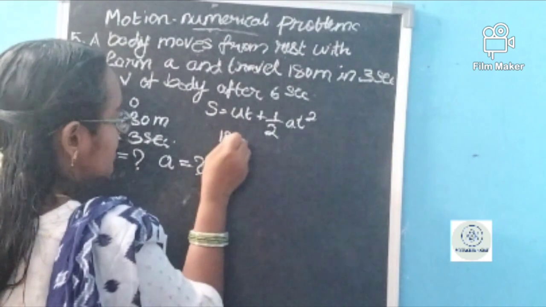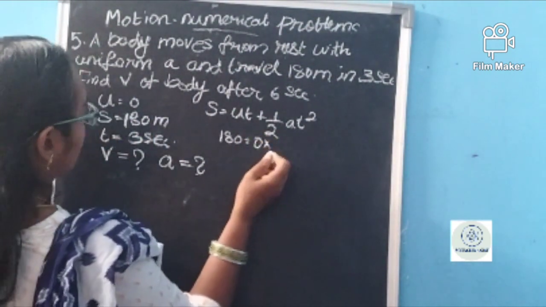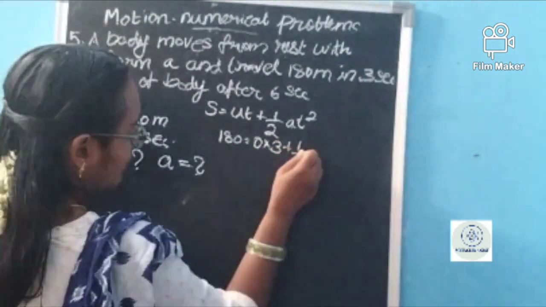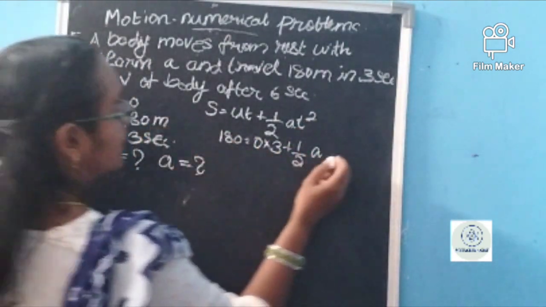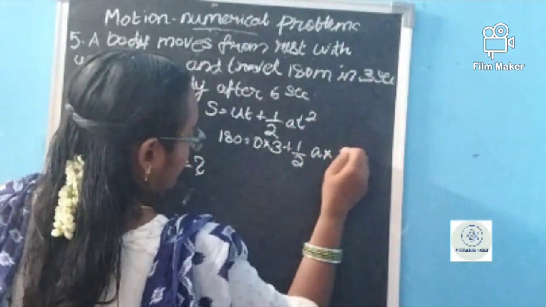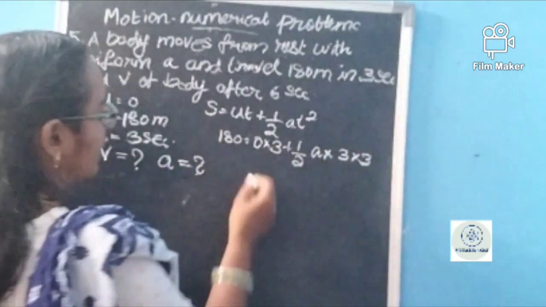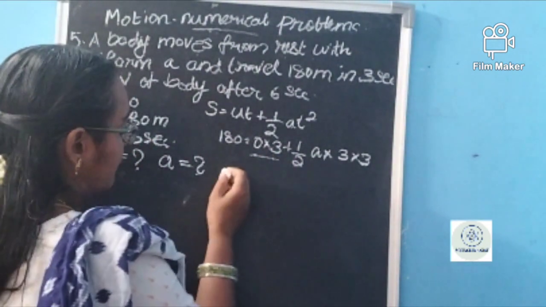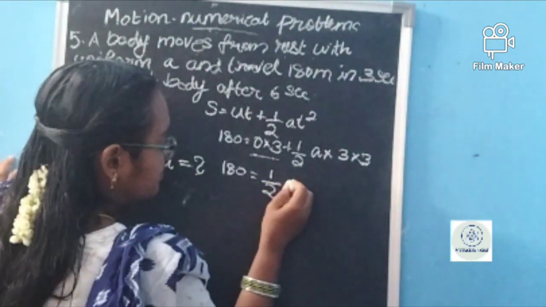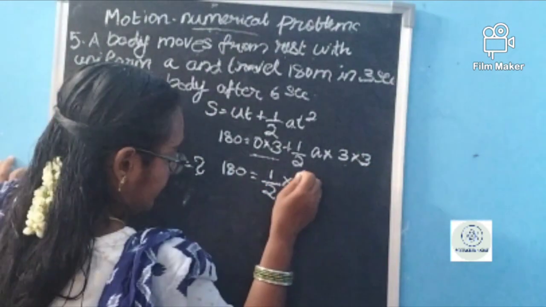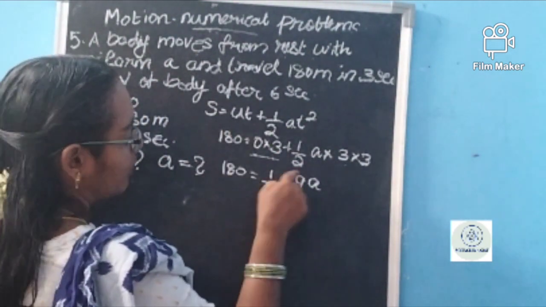So 180 is equal to u t, 0 into 3, plus half a, which is to be found out, into t square. What is t? 3 into 3, we can write, isn't it? This value has become 0. So 180 is equal to half into 3 into 3, that is 9a, so a will be, with the rest all going to that side,